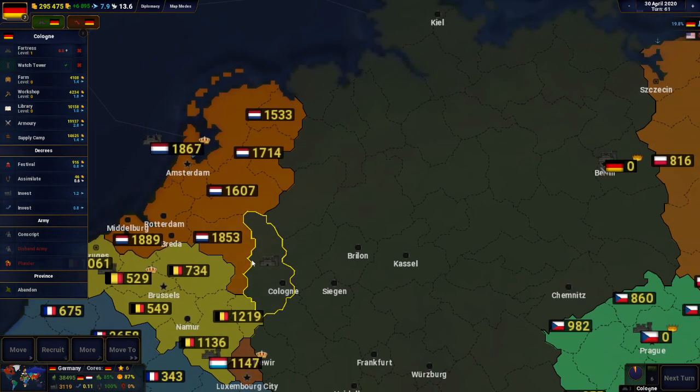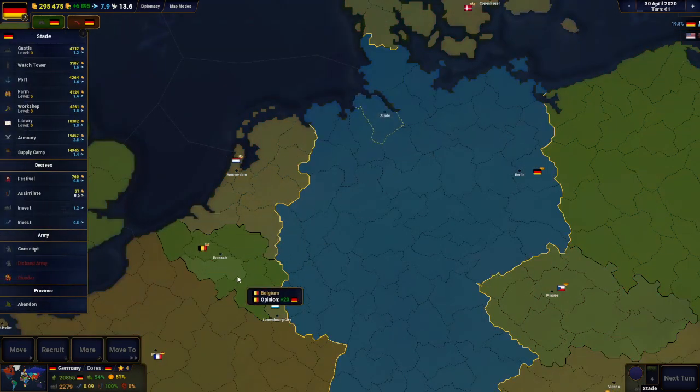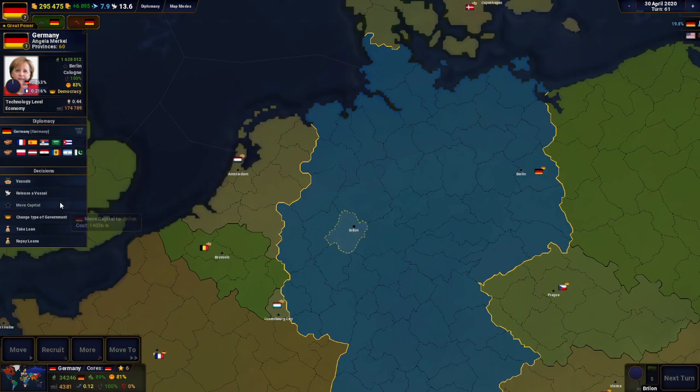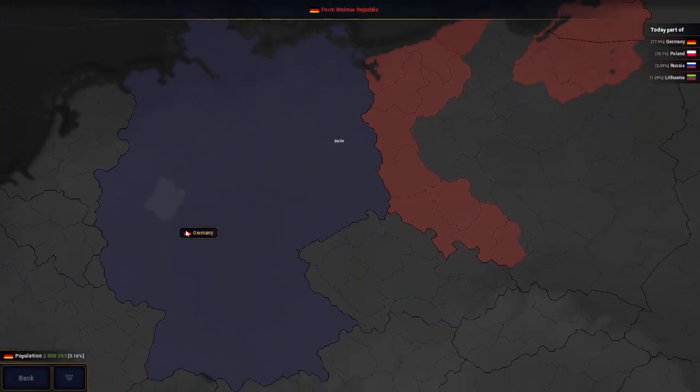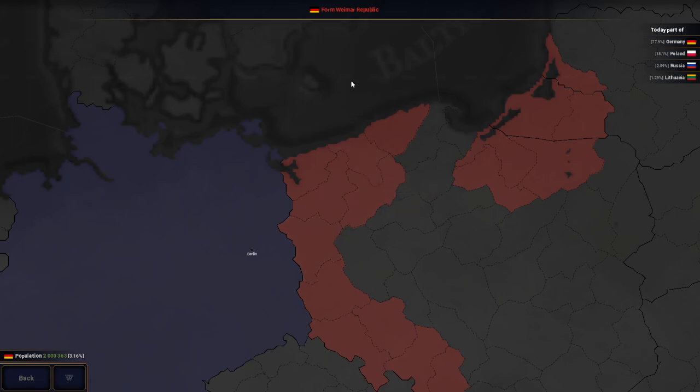And then yeah, so basically I want to show you the, hang on. Here we go. I want to show you the Form Weimar Republic thing. So that would require me to invade Poland, but it also has special specifications. The capital has to be Berlin. It costs 1,000 coins and 2.4 diplomacy points. You have to be at peace if you want to form this. I cannot be a vassal. I need to own all the provinces,